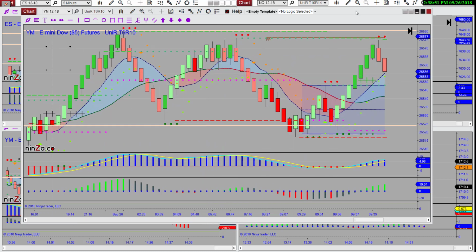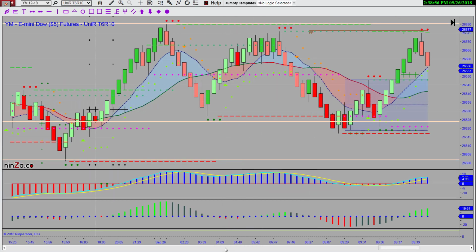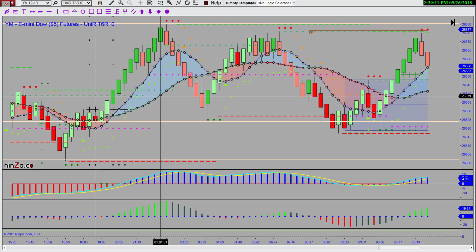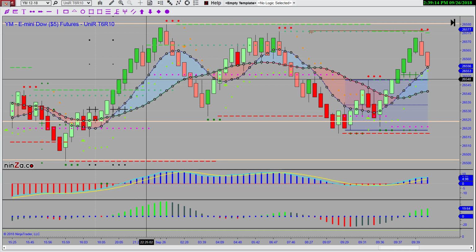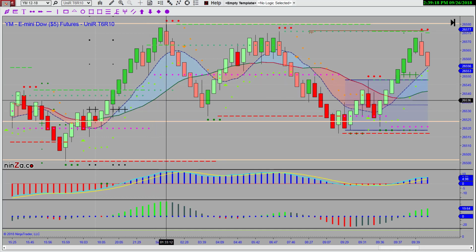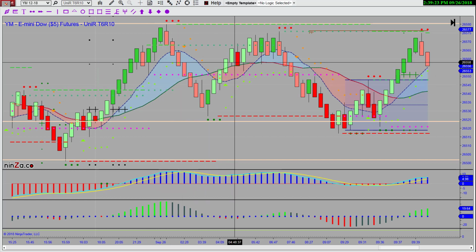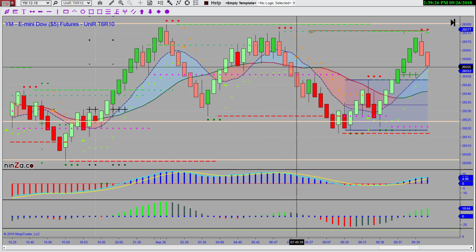And show you each one of them as we go along. Okay. The first thing I want to talk about is the multi-moving average thing, where I have a thing called a signal line here in relationship of one moving average to another. I have a 9 volume weighted moving average and a 20 simple. This 20 simple line, when it's going up is green, when it's going down is red.